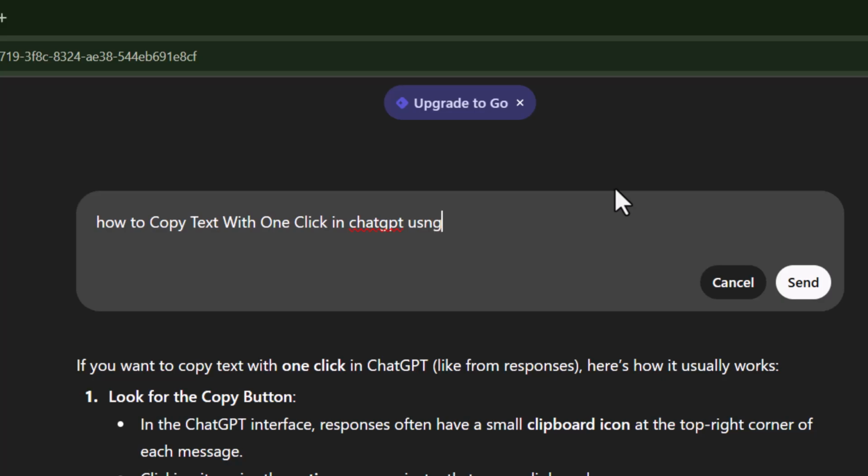Step 3. A text box will appear where you can tweak, expand, or completely rewrite your prompt. You can add extra details, clarify instructions, or adjust the tone to get a more accurate, helpful, and tailored response